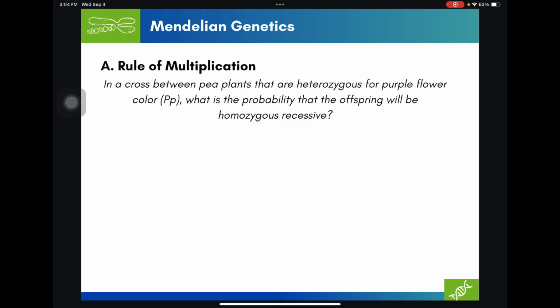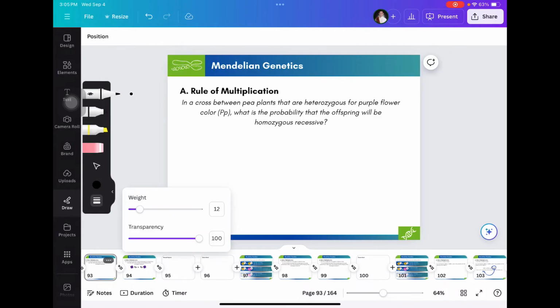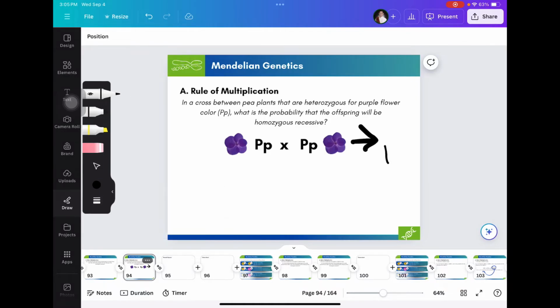In rule of multiplication, technically we use this for independent events in sequence. So let's have an example. In a cross between pea plants that are heterozygous for purple flower color, what is the probability that the offspring will be homozygous recessive? So we are being asked to calculate the probability given the traits of these parents. So let's try to understand the following traits. What was stated in this one is that if we have these parents, what is the probability that their offspring will be